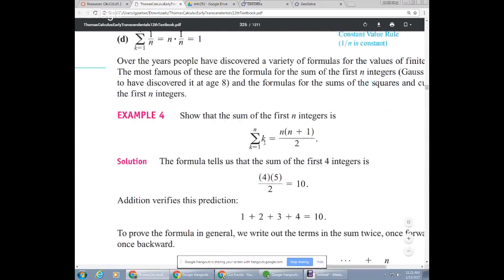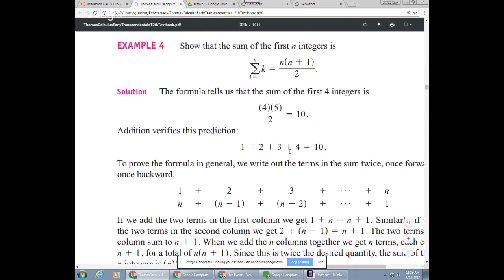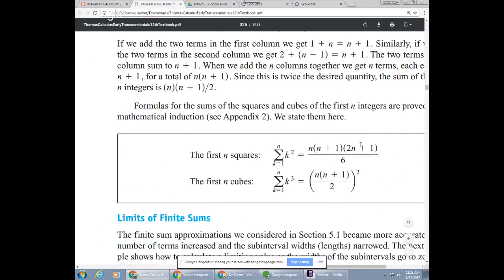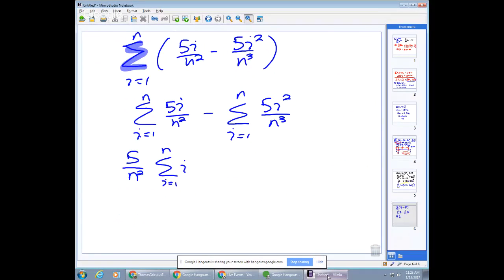It says if you add up a bunch of integers starting at 1, ending at n, the sum will always be n times n plus 1 over 2. I proved that one in class. I didn't prove the squares or the cubes, but we have formulas for those too. Okay, so it turns out we can clean the rest of this up. What we just saw on the screen was a formula for that right there, and it is always n times n plus 1 over 2. We have that constant multiple outside, 5 over n squared,